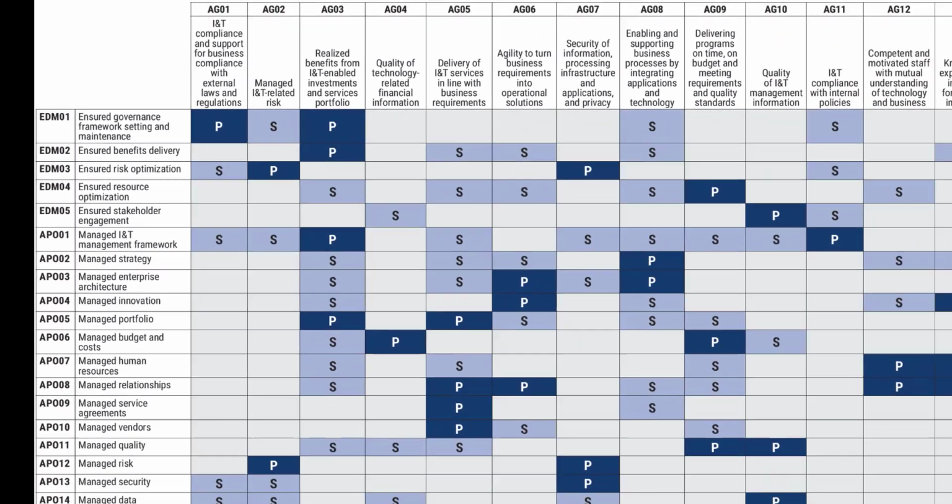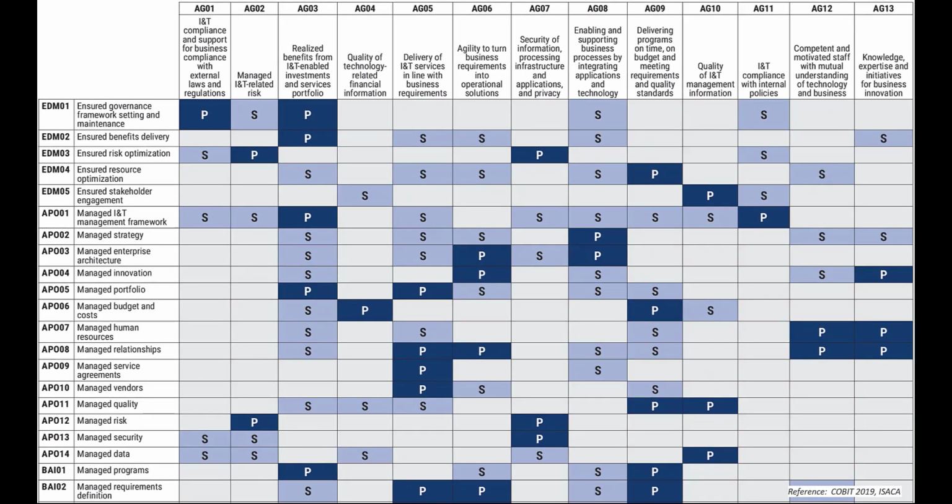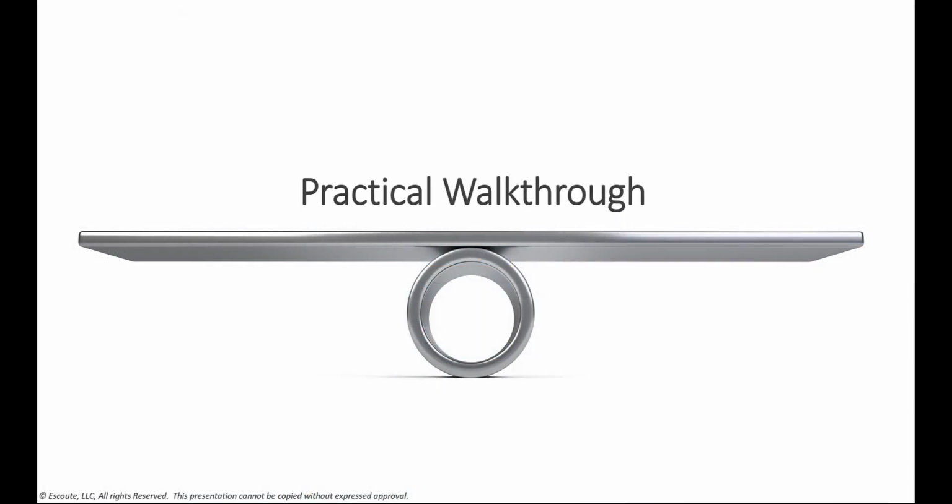This is really neat. Think about what we've just done. We've taken 13 generic enterprise goals, we've mapped those to 13 alignment goals, and we've mapped those to 40 governance and management objectives. If you can figure out a way to determine which enterprise goals are most important to you or your specific organizational or enterprise goals are important, you can determine which of those 40 governance and management objectives you should be focusing on within the COBIT framework. Based on that, let's